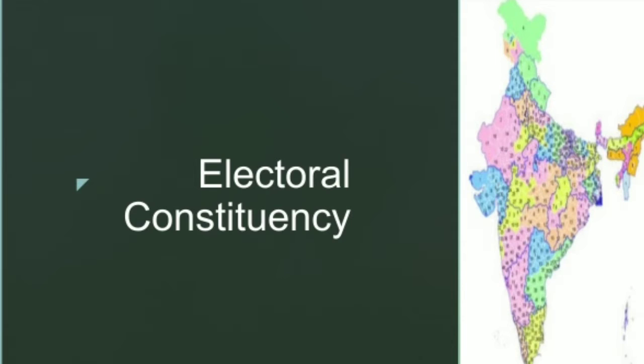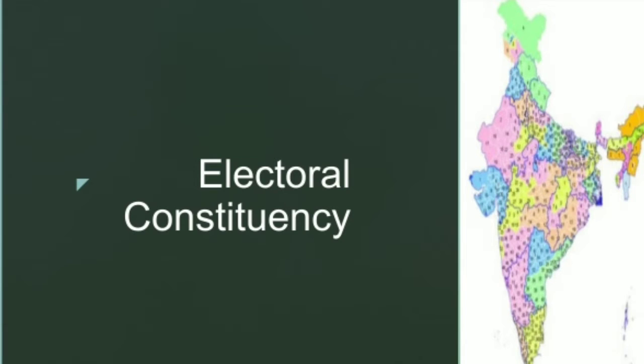the entire country is subdivided into small areas, and that particular area is termed a constituency. In India, for the election of Lok Sabha or the general election, there are a total of 543 constituencies. It means the entire country has been divided into 543 small parts. And from each constituency, our representative is going to get elected through the process of voting.